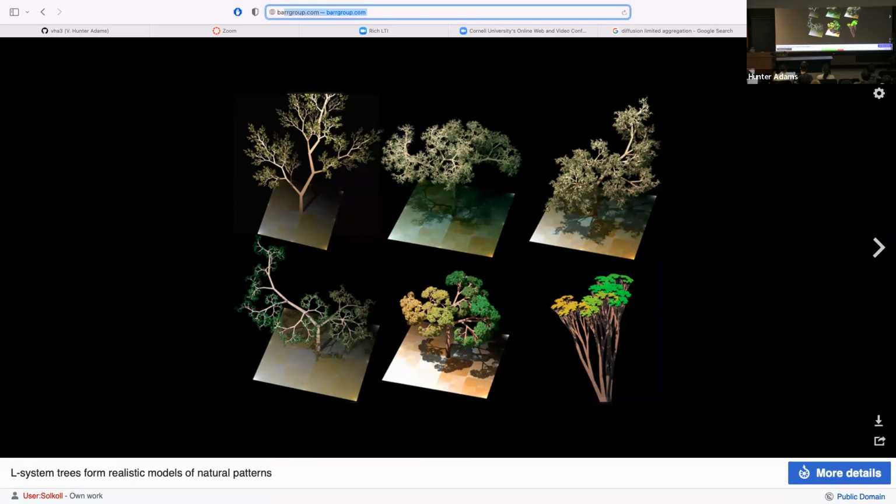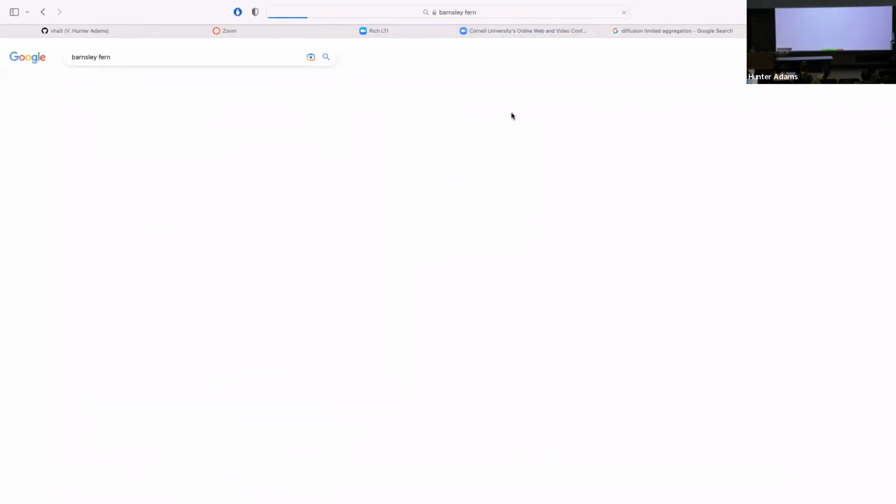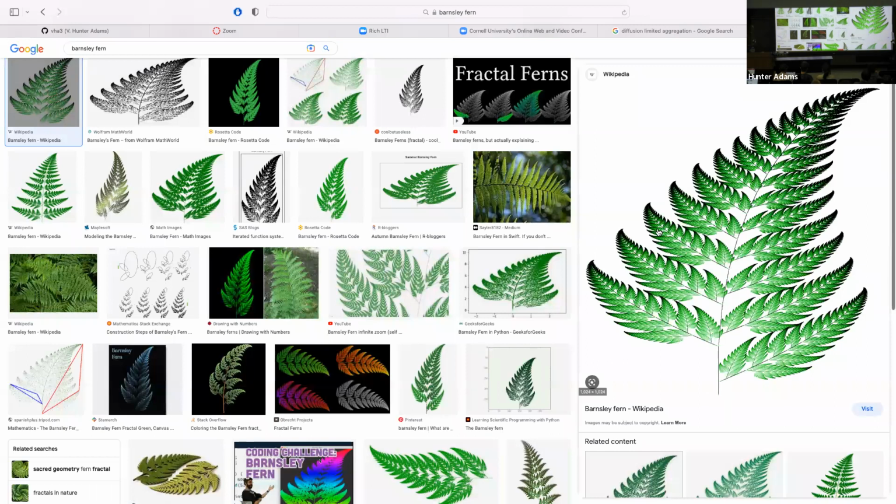The other example of an algorithmically generated plant, one that many of you have seen already because this one too is included in the demo code, is the Barnsley Fern. This one is generated using a quite different algorithm. Rather than being sort of an algebra of symbol replacements, there's a series of functions that describe where you go. The way that this starts is you draw a point, and then you apply a function that moves you to a different place in the 2D plane. You draw another point, move to a different place. So you're drawing dot, dot, dot, dot, and those dots end up building up this fern shape.